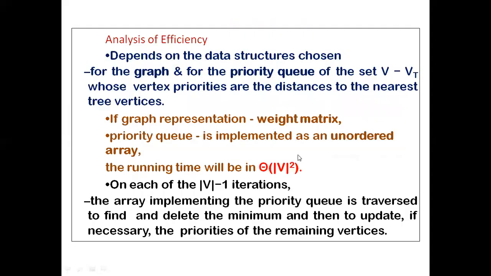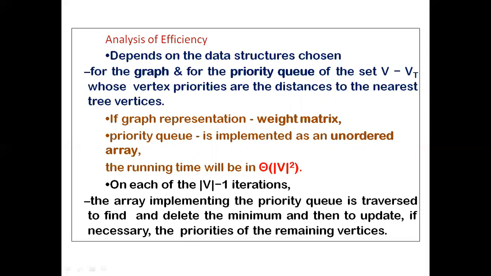And regarding the complexity analysis, the way you have stored the data, based on that the complexity also varies. The graph can be represented in two different ways: adjacency list or adjacency matrix. If the graph is represented as an adjacency matrix, you should also select the edge which has the minimum weight. So you can use a priority queue for selecting the minimum weight. If the priority queue is implemented using an array and the graph is represented through a weighted matrix, the running time of the algorithm will be order of